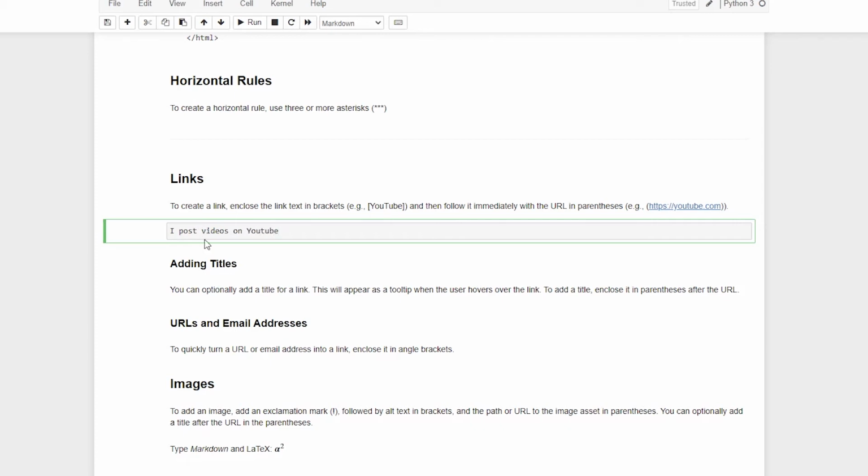Now it says the text that needs to be the link should be in the square brackets. So there you go, I have added the square brackets and immediately followed by the URL. Okay, so I'm going to add the URL inside the parentheses, and I'm going to write https youtube.com/Stephen Simon. Simple, shift enter.